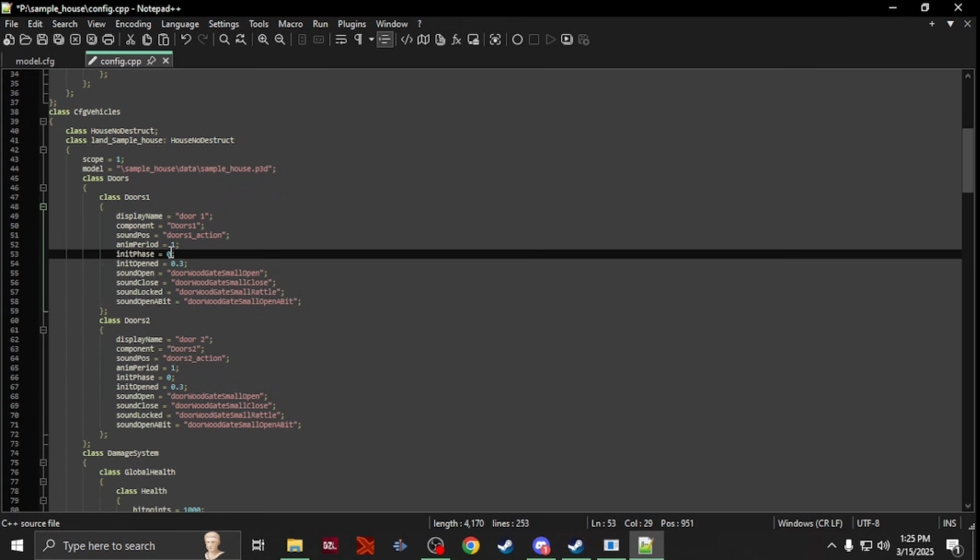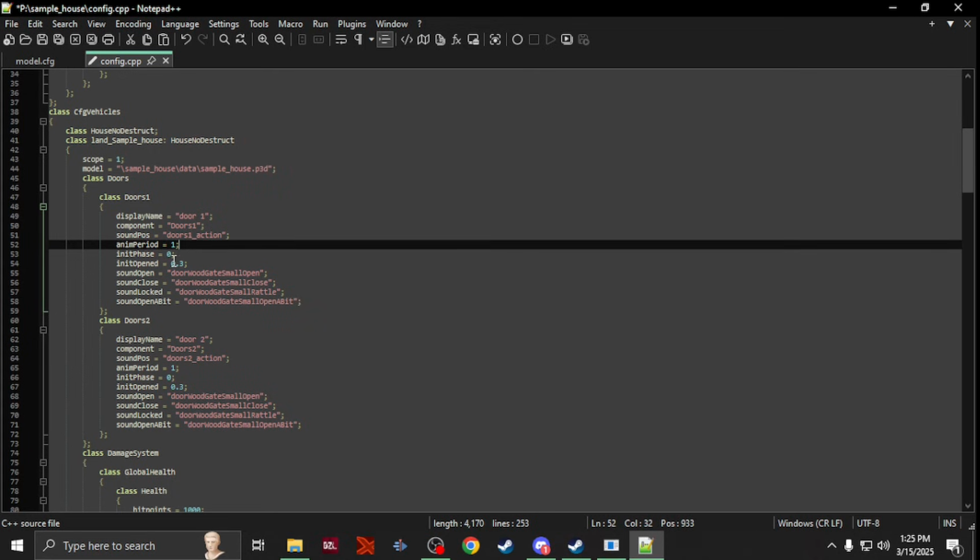If you have a model where the doors open, and you configured it with the door already open, you want init phase 1. But since the doors originally are closed to begin with, keep it 0. You don't really have to change any of that. You actually won't really have to change any of this unless you're doing metal. Then you would find from a vanilla config and get the sound. But I got wood, so